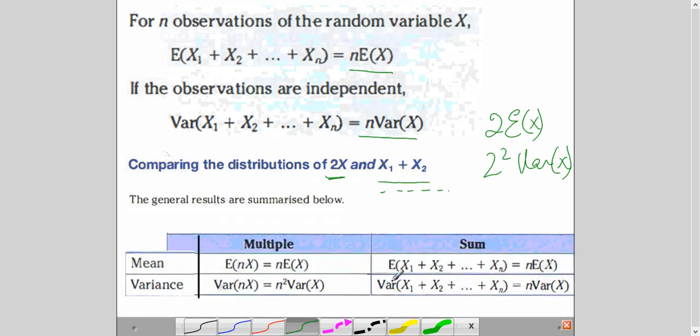So in short, this is the formula we will follow. When it is a case of multiple and the function is given to you in terms of a linear function like this, multiples, you will take n times mean of x and n square times variance of x. When it is a case of sum, you will individually add up. So if it is 5 individual items, rather than adding up 5 times, you can do 5 times mean of x. Same thing you will do with variance. So it is not squared, right? This is a major difference and you have to identify it with the help of the word problem.